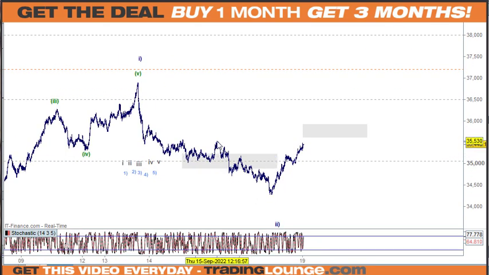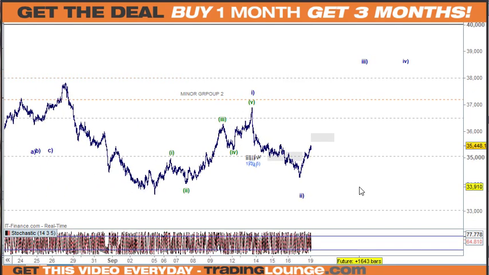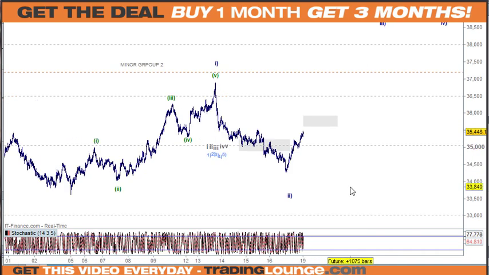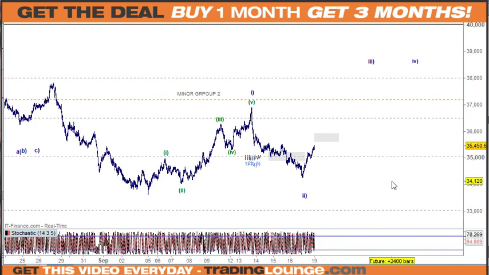I can see from this top here we've got 1, 2, 3, 4, and 5 coming down here, with 1, 2, 3, 4, 5, so it could be an A and a B and a C. We just have to figure out what all this is. I need to pull that apart and have a closer look here. So it could be 1 and 2 and going up from that point. It looks pretty chirpy at this point. I just need to do a little bit more work on this. I mean, it could still be bearish as well.